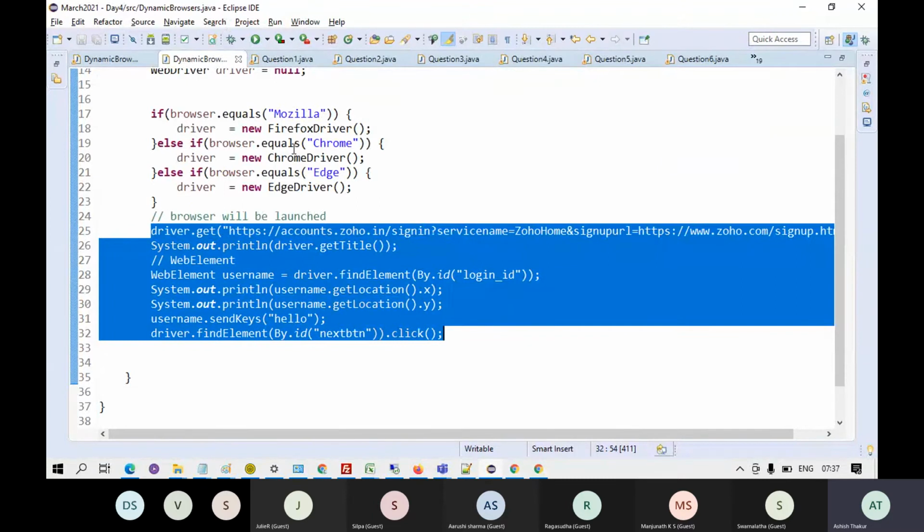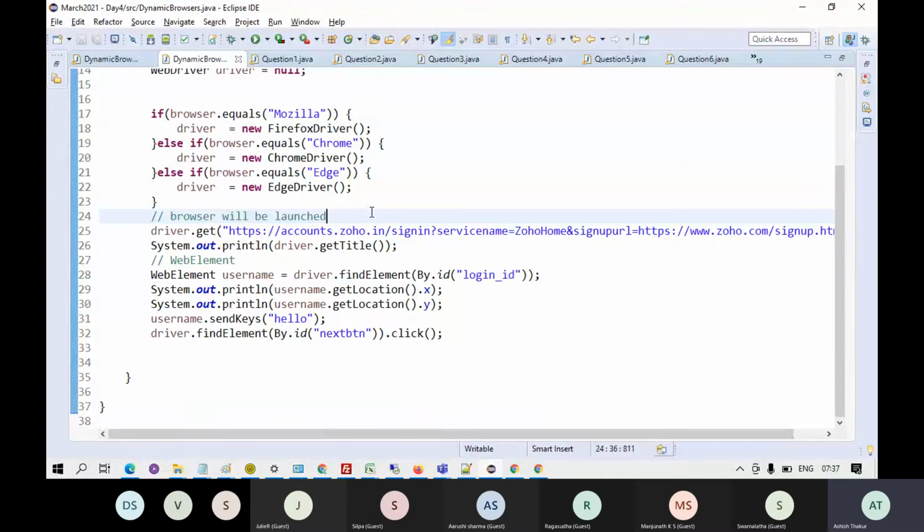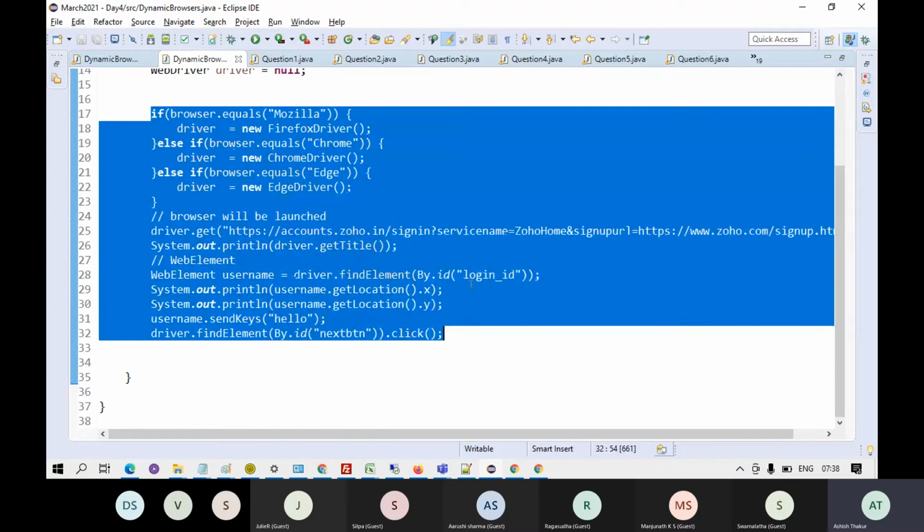Suppose I give you 50 such scripts to write, and I want that reports should be generated. I want that when every script runs, logs should be coming up, screenshots should be coming up, right? And I should be able to selectively run the scripts. If there are 50 such scripts, I just want to run 20 of them. How do I do that? There should be reusability of the code.